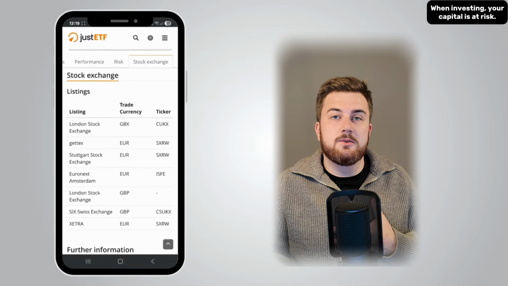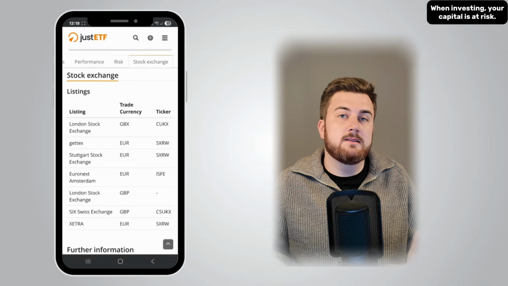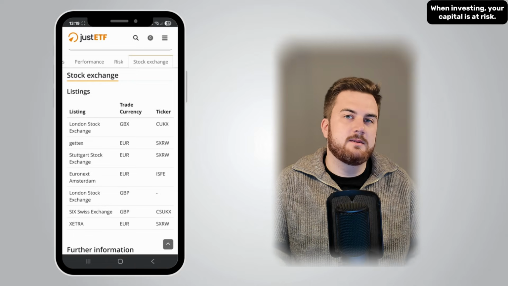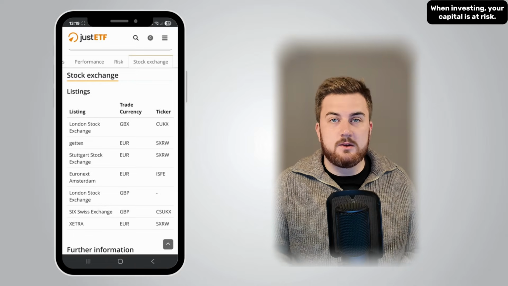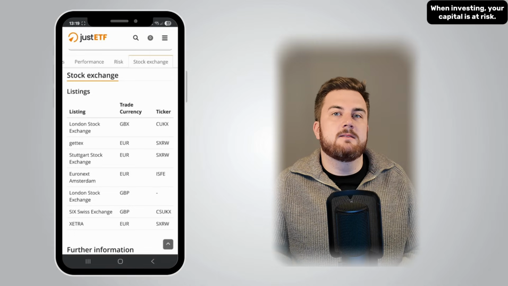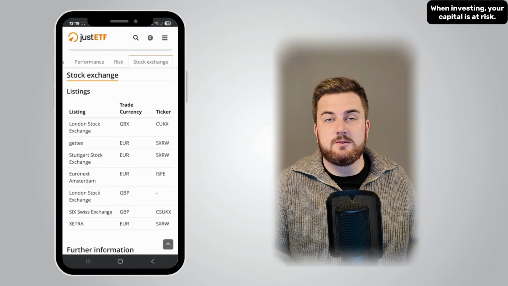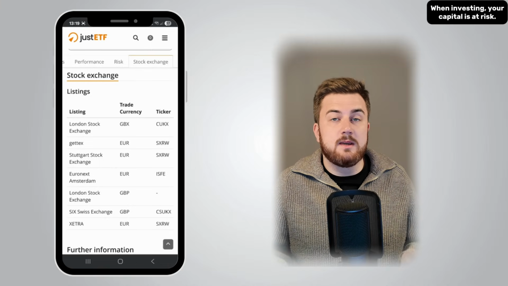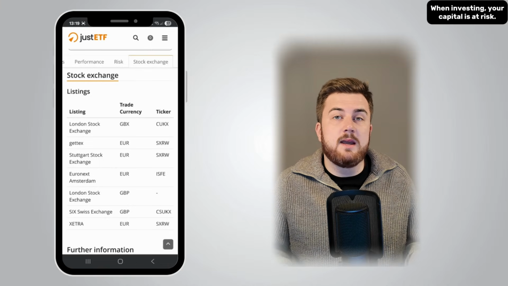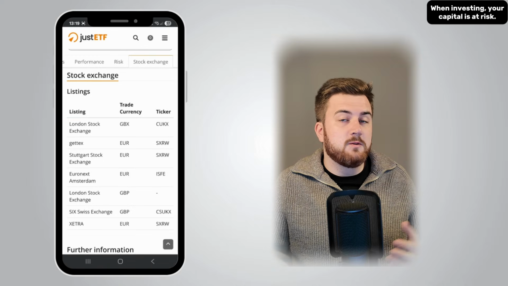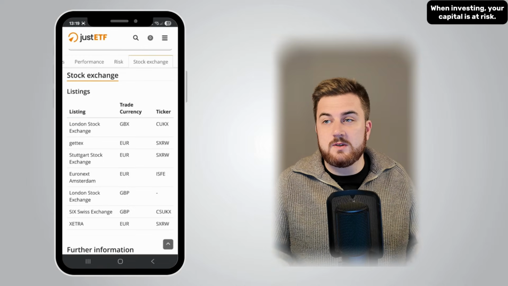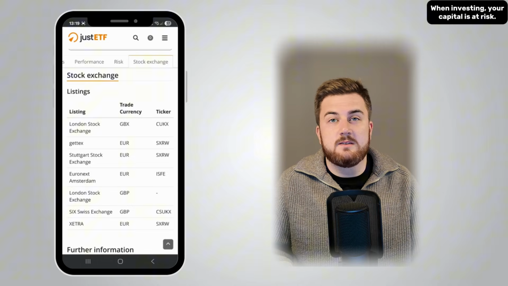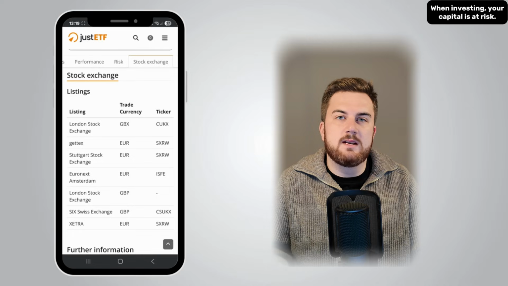If you hold pounds in your investment account and you want to buy an ETF listed in dollars or euros, you're going to have to pay a foreign exchange fee to convert your pounds into dollars to buy that ETF. So most of the time, it makes sense for UK investors to only buy ETFs that are listed in pounds or pence to avoid those foreign exchange fees. On platforms like Trading 212, it is very cheap, but you don't really need to pay that FX fee if you don't need to. On other platforms like Interactive Investor, Hargreaves Lansdown, they can charge you like 1% plus in foreign exchange fees. So it's definitely something to consider when investing.